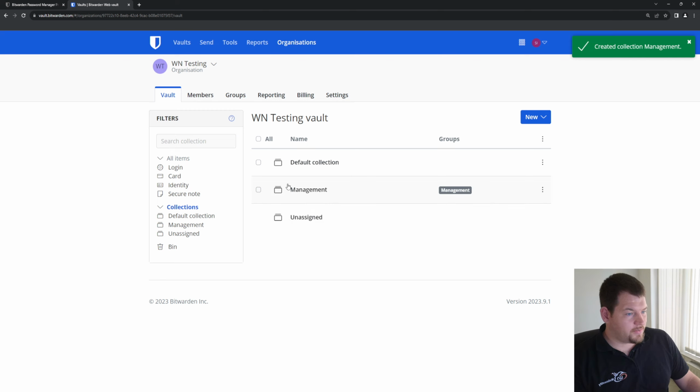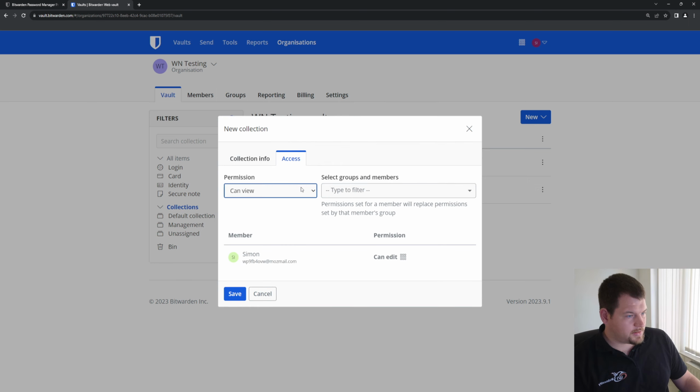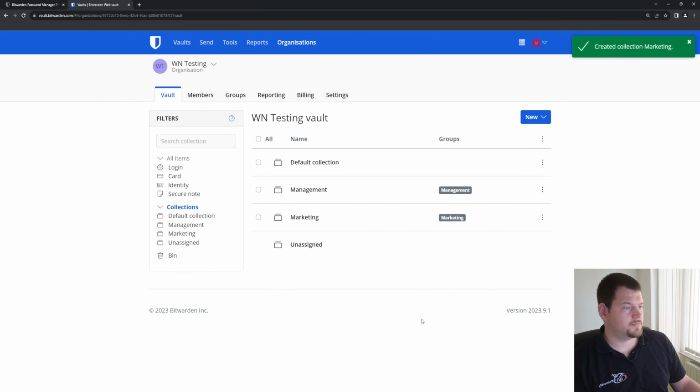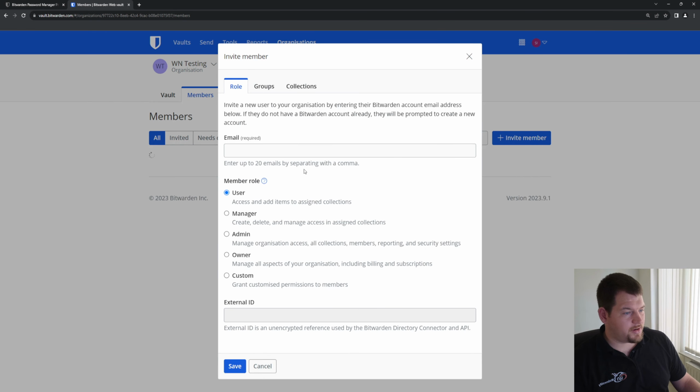So we have a collection for the management department, and now we can add a collection for the marketing, access, can edit, marketing, and you click save. All right, so now we have management and marketing collections. We created groups, and now we can add our members to our department. So we're gonna add myself,